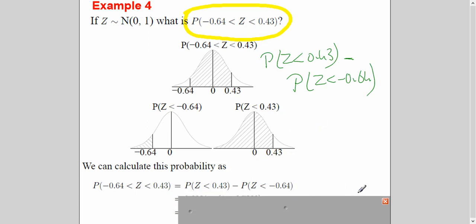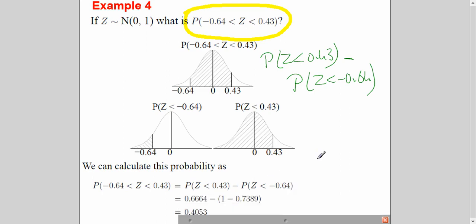And now in the previous examples, I have told you how to handle the negative case. You will use the concept of symmetry here. So you can read very easily from the table. But in this case, if I draw here once again, if you want to recall, this minus 0.64 will have a symmetry here, which is plus 0.64. When I read the table, I will get this. But actually, I want this area, which is here. So that's why we will do 1 minus, right?